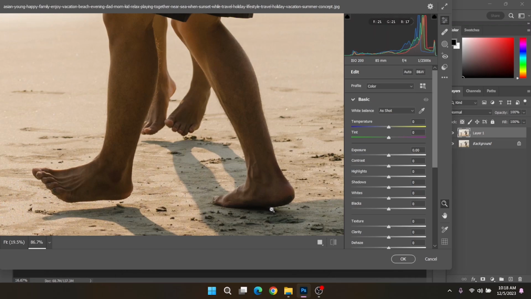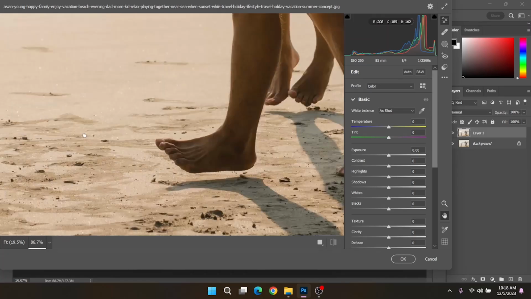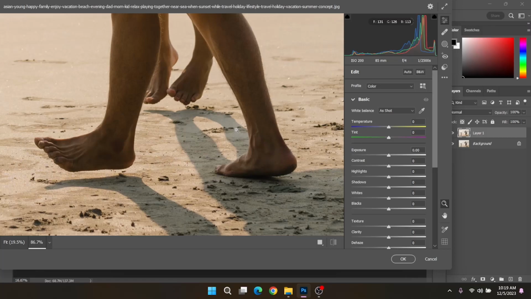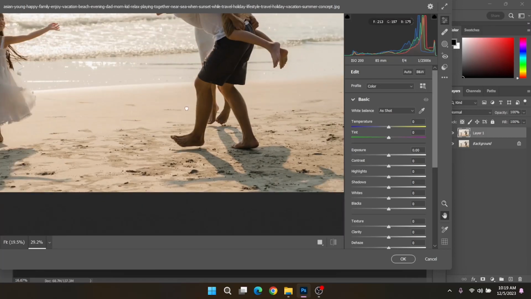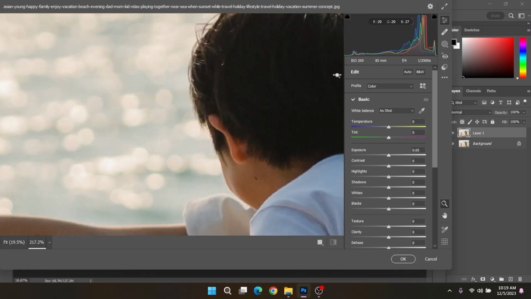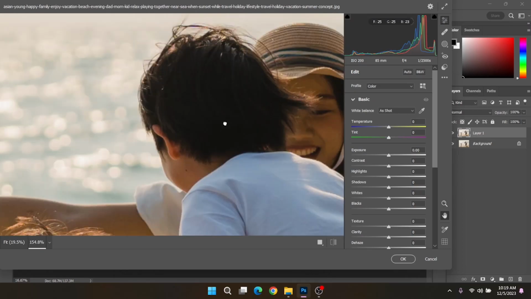If we pull down the blacks, it will affect everything, like the shadow as well right here on the beach and under his foot, and if you see the black areas right here and this boy's hair,